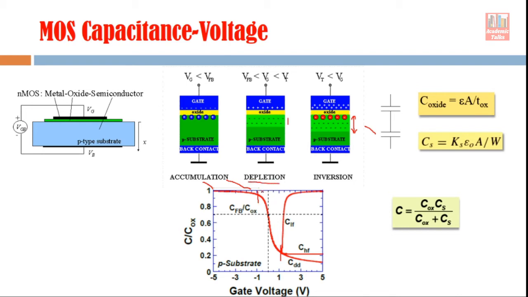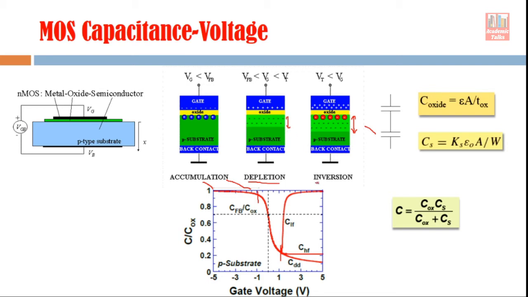So you see here in the depletion region, net capacitance is decreasing because this additional capacitance which is coming in the depletion region is decreasing, because the width of this depletion region is increasing, and if the width of the depletion region is increasing, semiconductor capacitance is decreasing. So this second component of capacitance, if it is decreasing, it means the net capacitance will also decrease. If CS decreases, net capacitance will decrease, and you can see what is happening here. And this decrease in the capacitance will continue as long as the width of the depletion region is increasing.